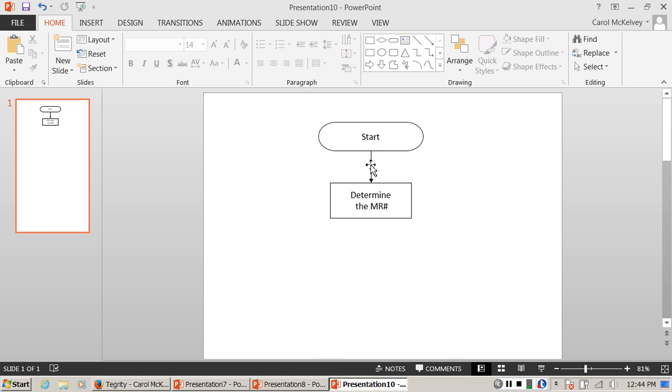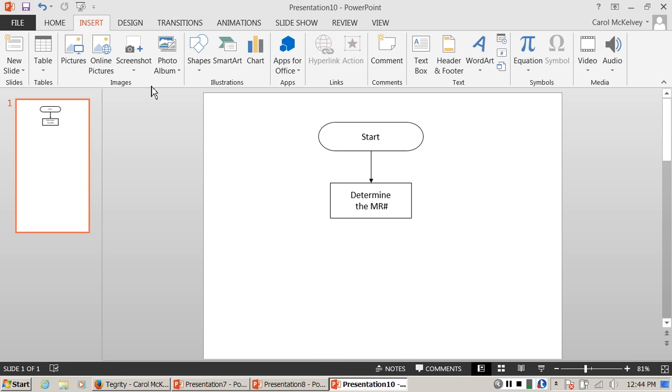We always follow arrows one way. We don't go up a flowchart or in a different direction than the arrow indicates. So we start, we determine the medical record number, we have another step which I'll let you put in, but at one point we're going to come to a decision. And anytime you're putting a decision in a flowchart, it's inside of a diamond shaped shape. And so we're going to insert a shape, click on the flowchart. The third symbol is a diamond. We're going to draw it,